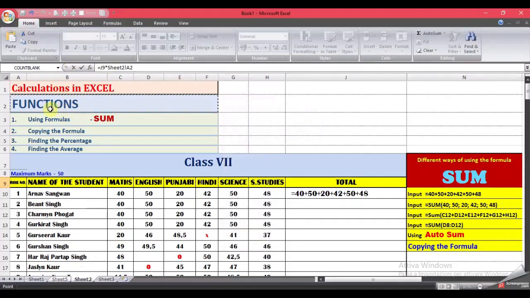But for now, in this chapter we are going to do some average, percentage, and some statistical functions like maximum, minimum. In this particular video, we are going to use the formula sum. So we will look into the various ways of how we can add up the values in an Excel sheet. Now that I have my data here, the first way and the easiest one is